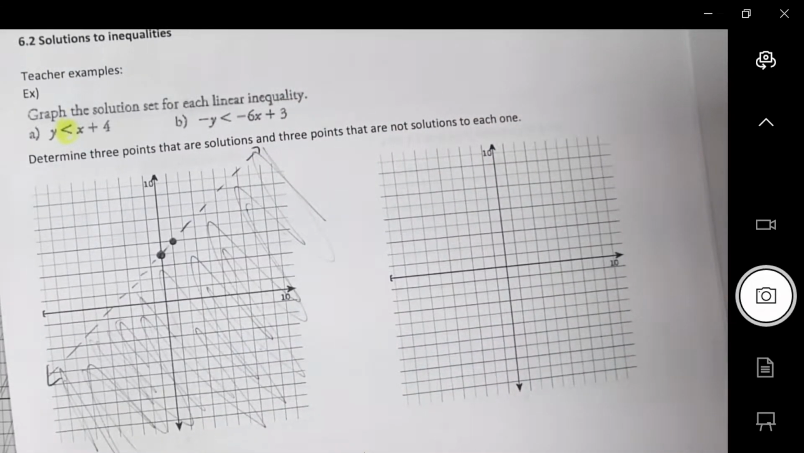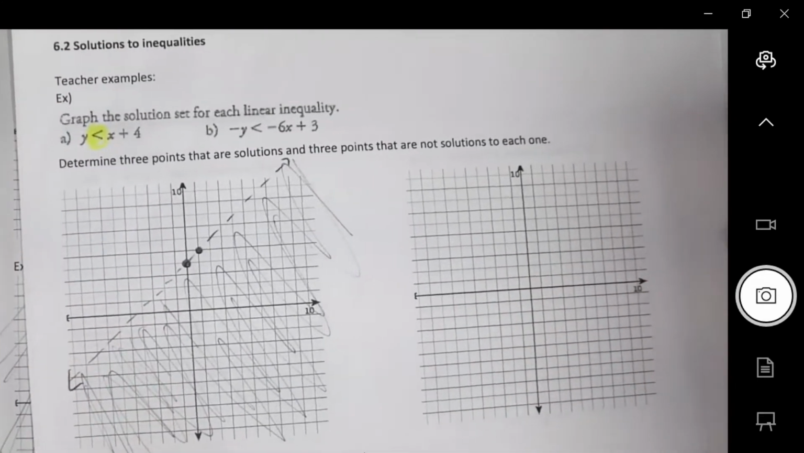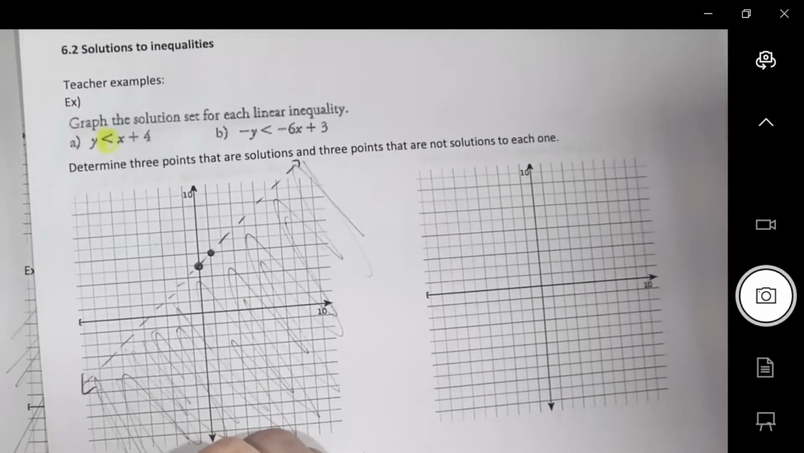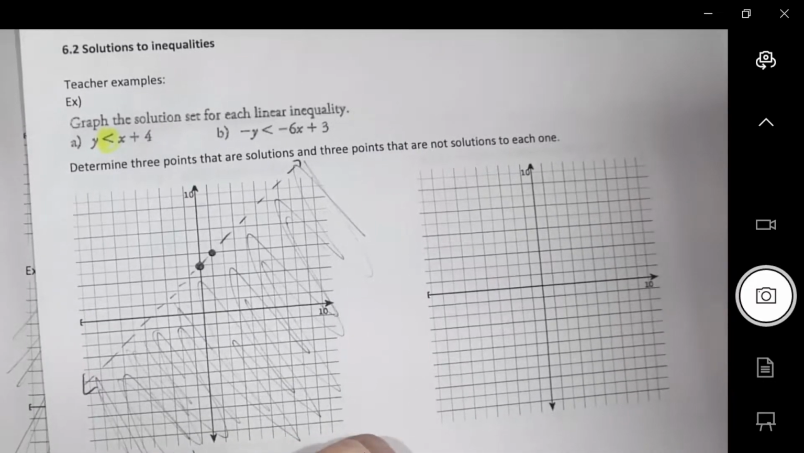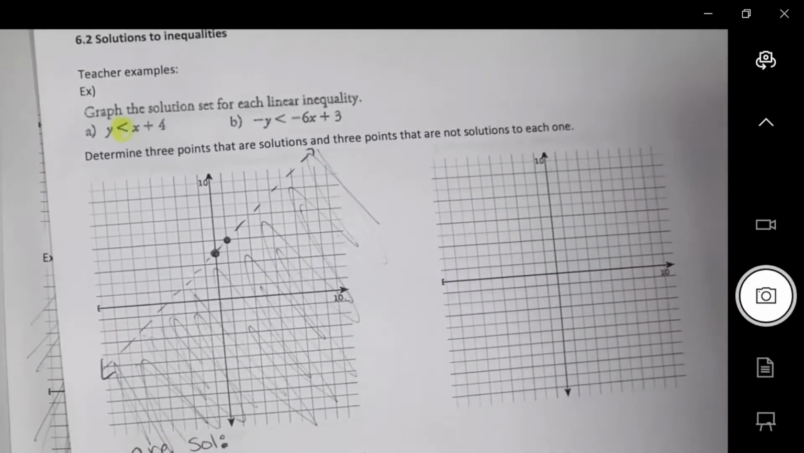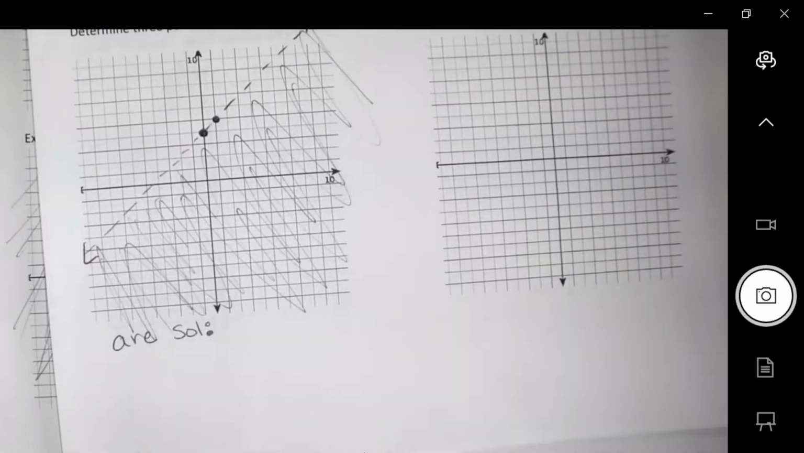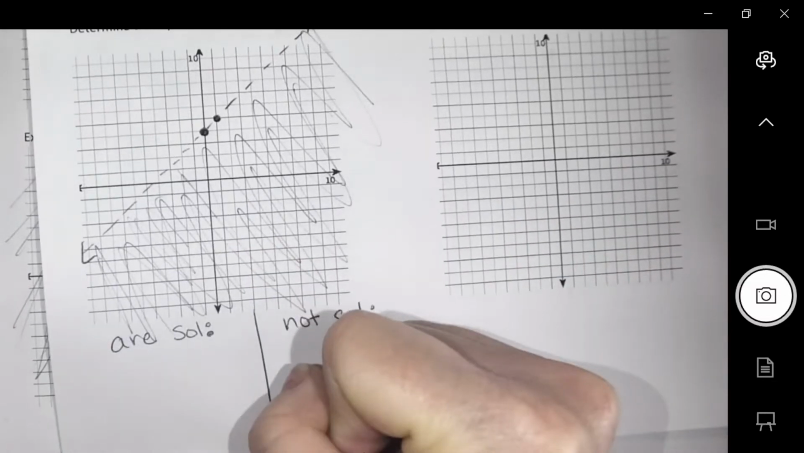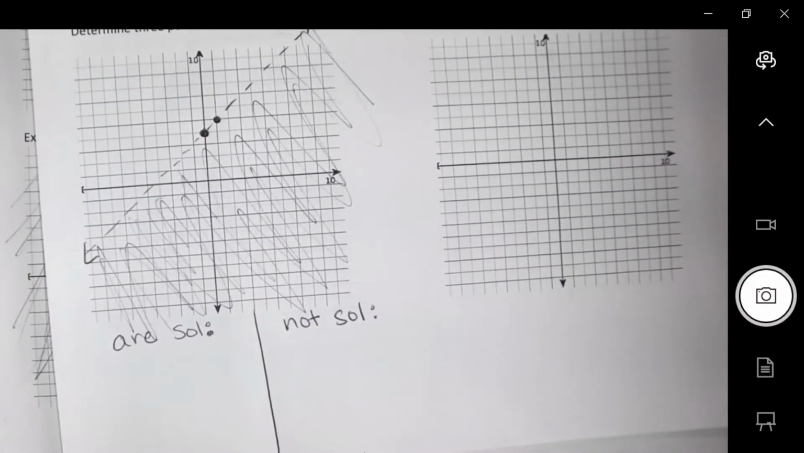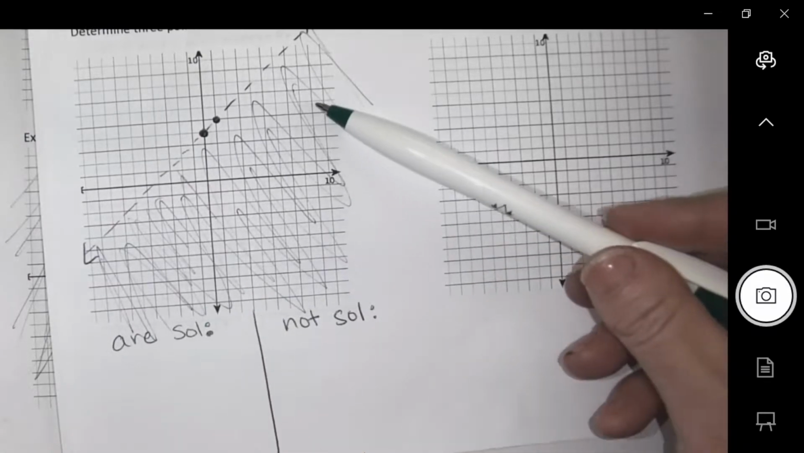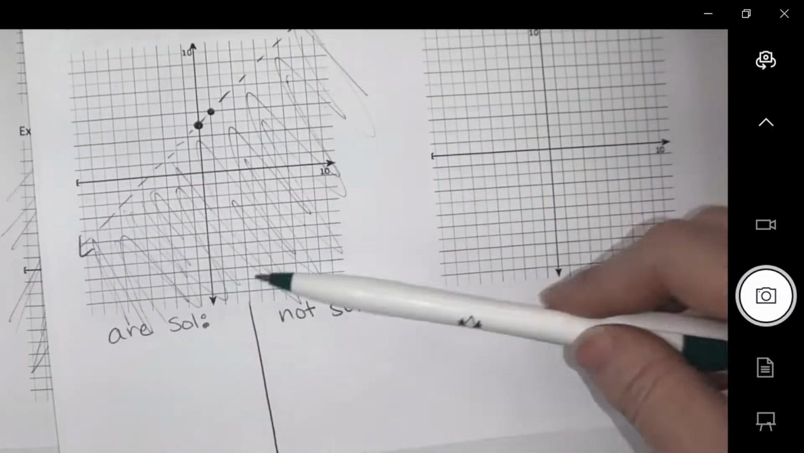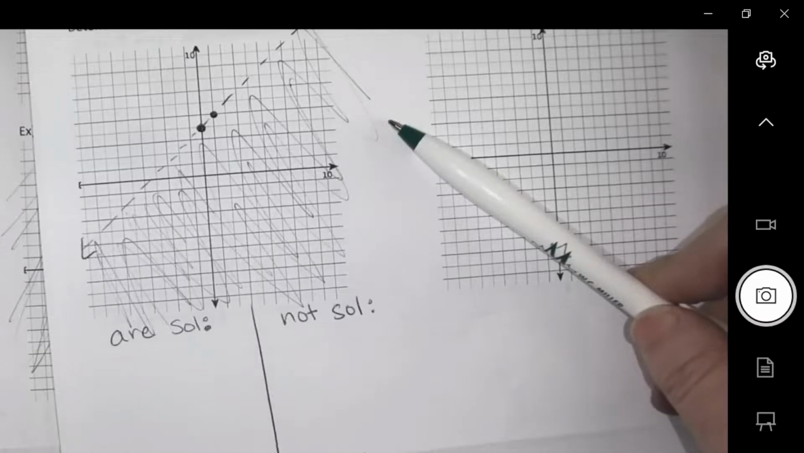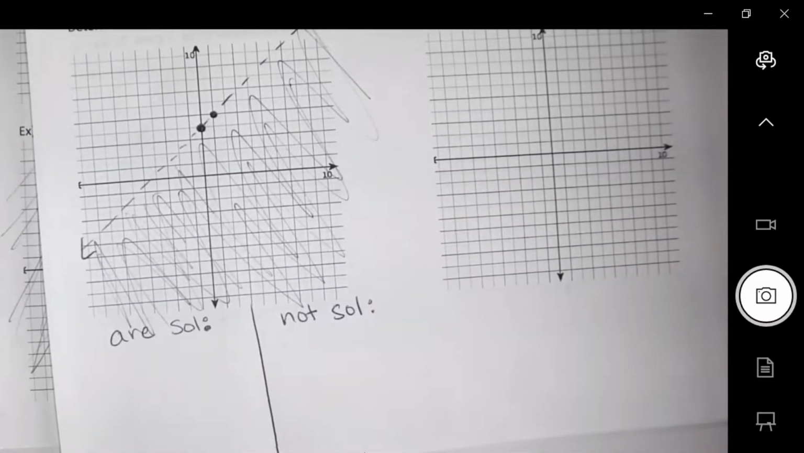Okay. It says I need to figure out 3 points that are solutions, and then 3 points that are not solutions. So we're going to list 3 points that would work and 3 points that are not going to work. Okay, can you name me a point? Basically anywhere that you've shaded. You got a bunch of them. So I could go here,